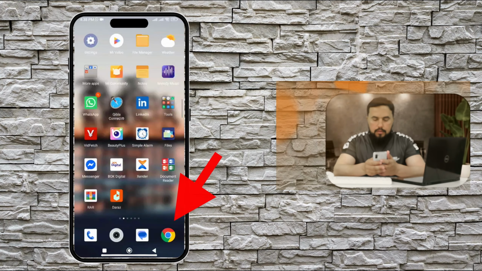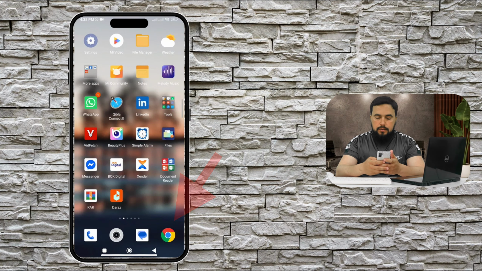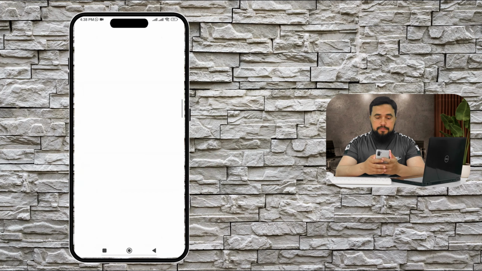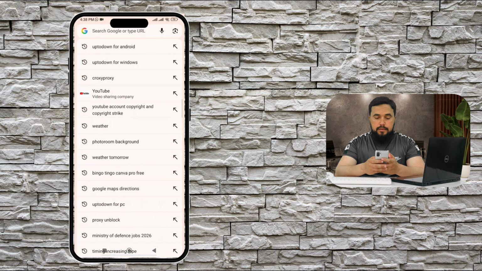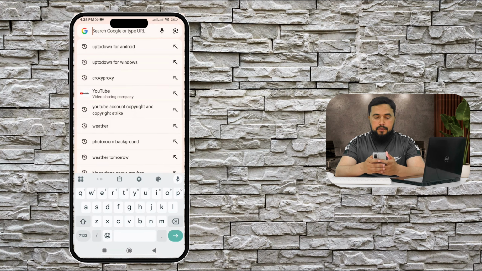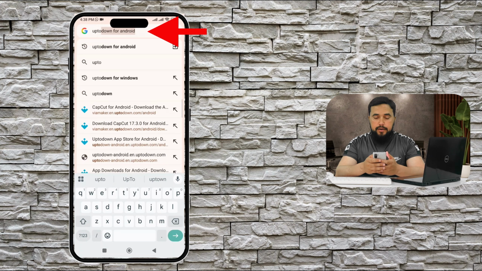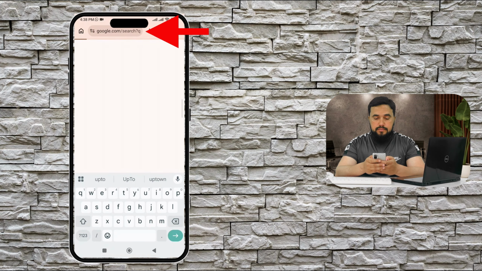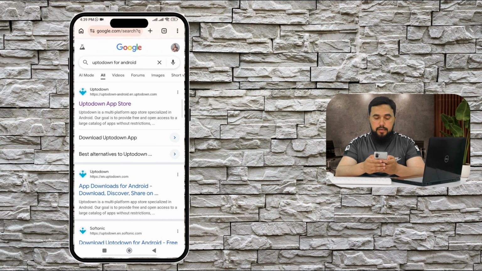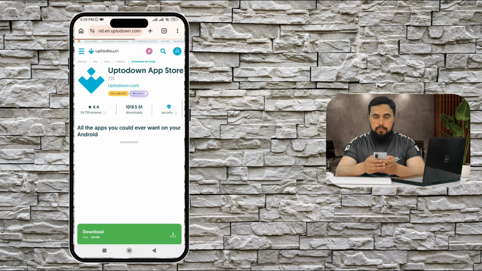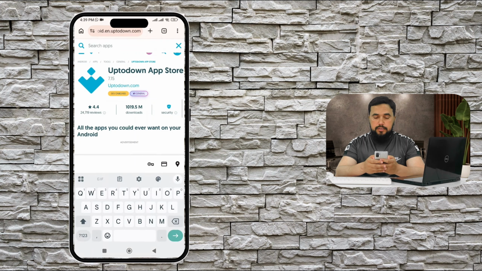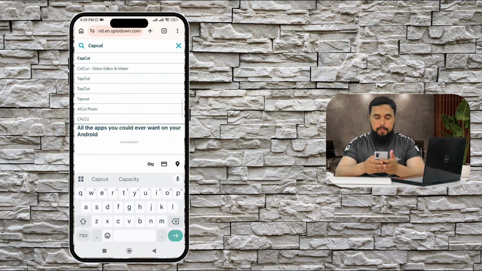Come to the mobile and open the Google Chrome, click on it, and then type in the search box, type Uptodown for the Android, click on it, then click on the first link of the Uptodown app store, and this is the main page of the Uptodown for the Android, and then click on the search box and then type the CapCut application in the search box, click on the CapCut application